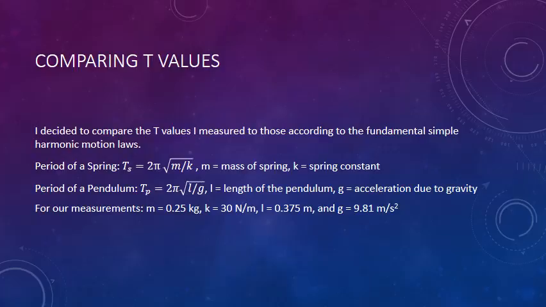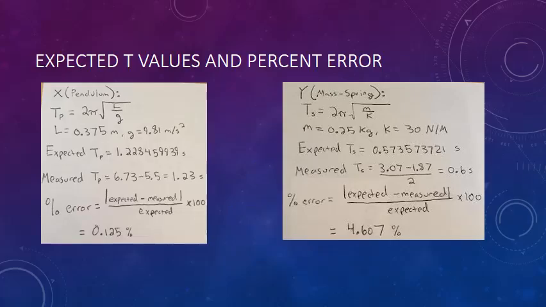And for our measurements, mass was 0.25 kilograms, spring constant was 30 newtons per meter, length of the pendulum was 0.375 meters, and acceleration due to gravity is 9.81 meters per second squared. After plugging my experimental values into the formulas for period of the spring and period of a pendulum, I found that the expected period in the x direction was 1.228 seconds, and the expected period in the y direction is 0.573 seconds. Calculating the percent error, I found that my measured period was